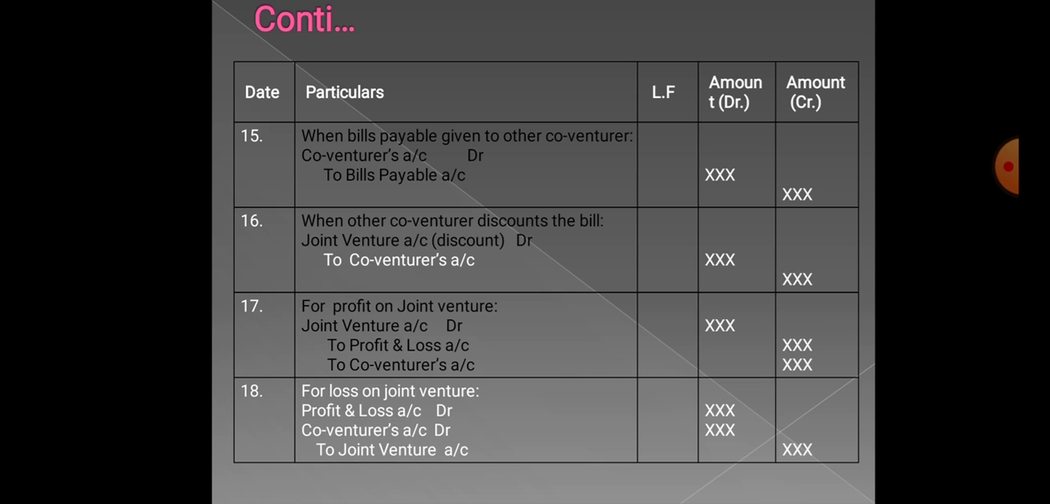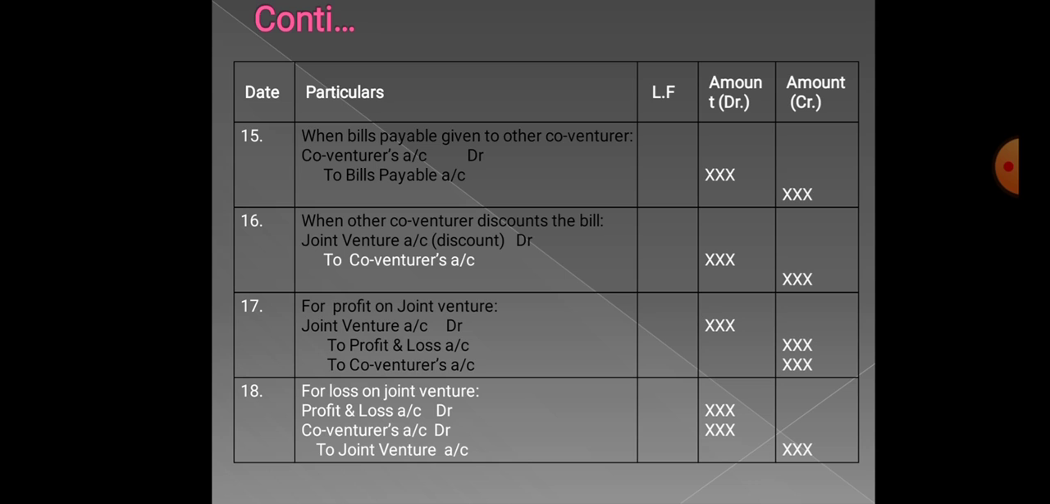Coming to the next entry, when bills payable is given to the other co-venturer, then the entry would be co-venturer account debtor to bills payable account. When the other co-venturer discounts the bill, then the entry would be joint venture account debtor to co-venturer's account. Here the discount amount will be displayed. So when the other co-venturer discounts the bill, the entry will be joint venture account with the discount amount to